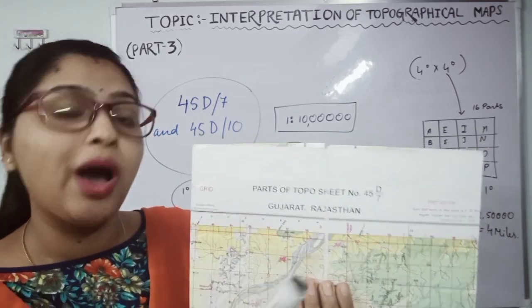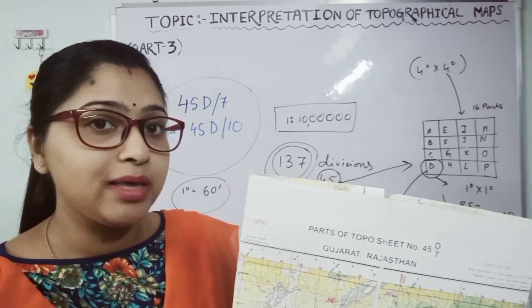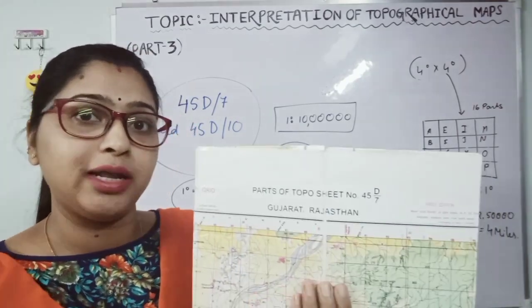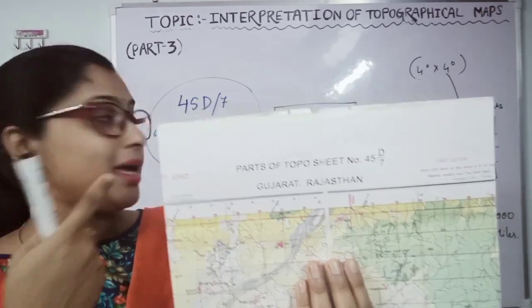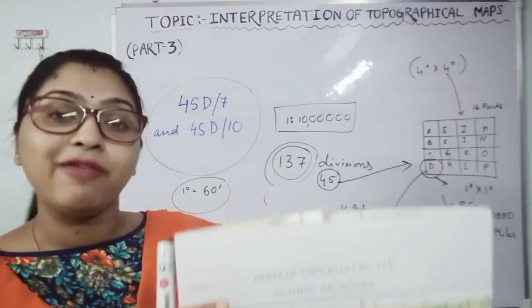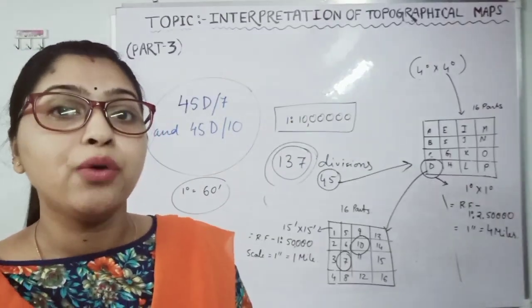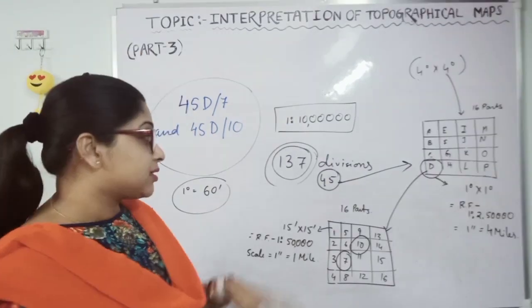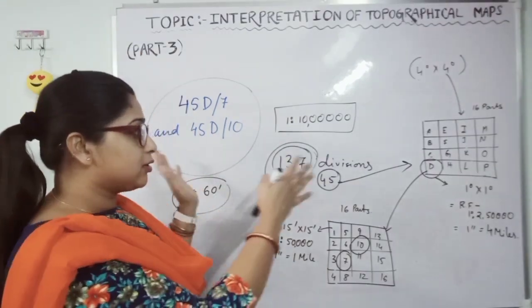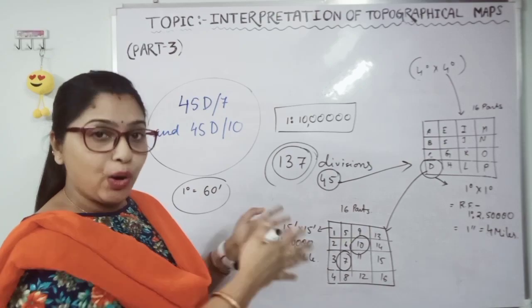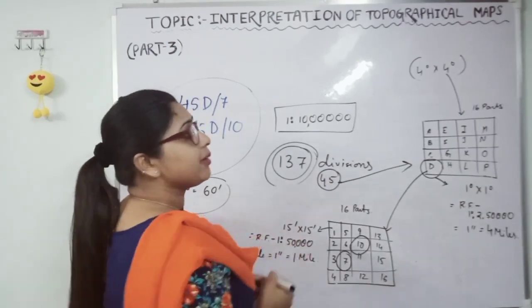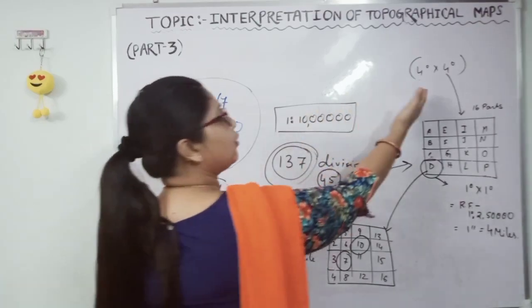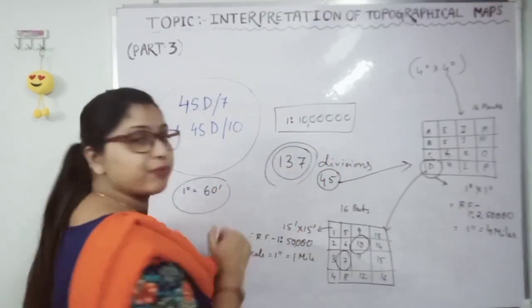But you should know how it has come, otherwise the doubt will be there, suddenly how the number has come. That's why I have made it clear here. Hope you have understood how we got the number. See here students, I have also made you understand how we actually got this number. But sometimes confusion comes suddenly: how has this 4 degree come, how has this 15 minute come?